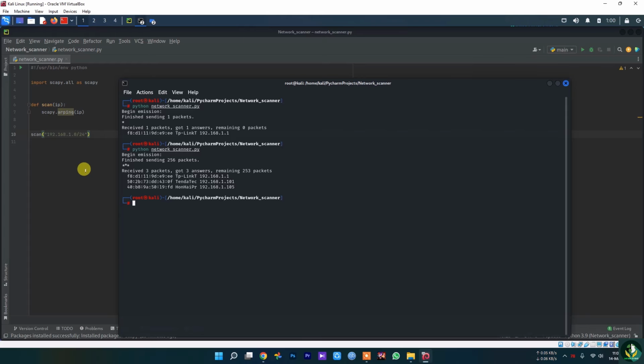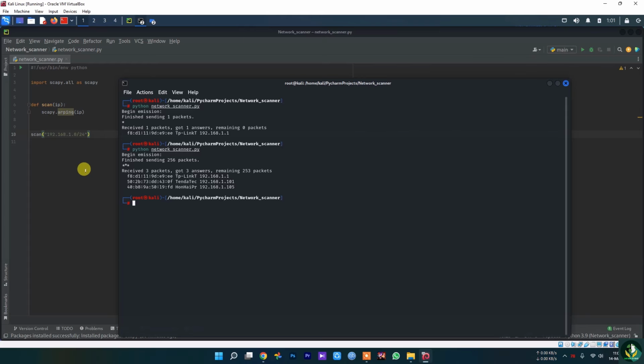In order to come up with the steps to do this, I relied on what we have learned so far. So the first step is going to be to create an ARP request directed to the broadcast MAC address asking for the IP. So basically it's just this step. We are going to need to create a packet that asks who has a specific IP, and this is going to be the ARP request, and it needs to be directed to the broadcast MAC address